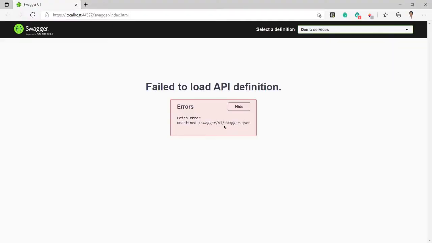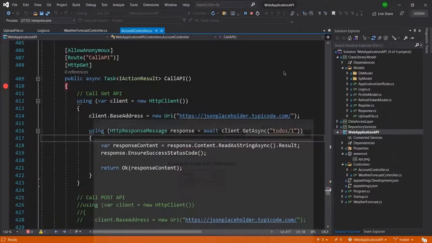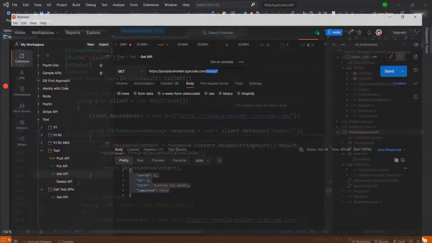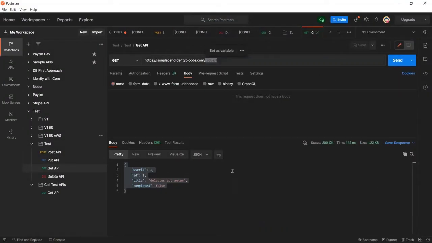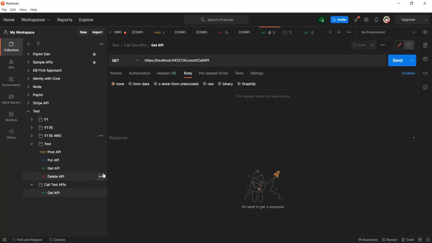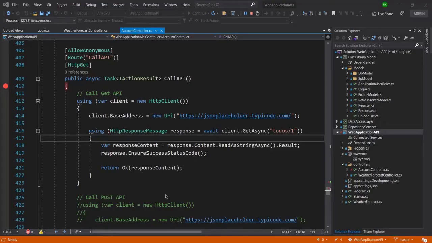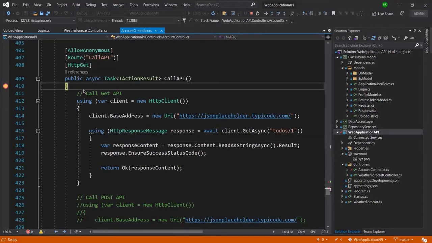You can see now our project is running. So what I will do is go to Postman, and here I will call this API, and this API is pointing to my localhost. You can see, and this is a get API, therefore I need not pass any data. And here I will click on send, and it should come to the Visual Studio breakpoint. So you can see, and from here I will move step by step to see the actual result.